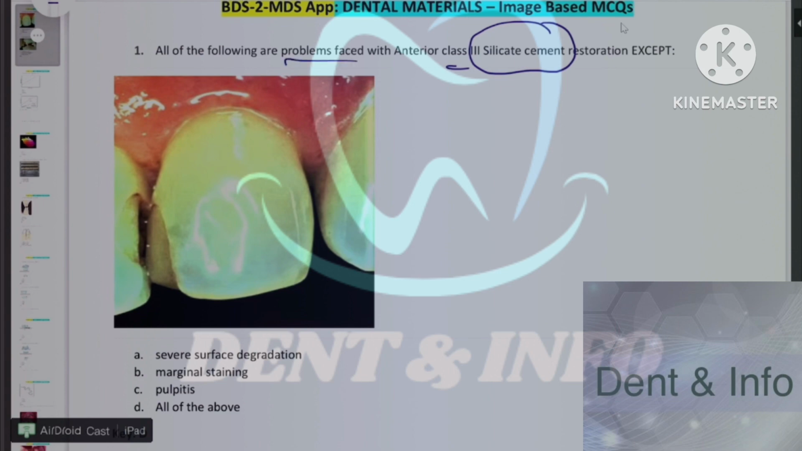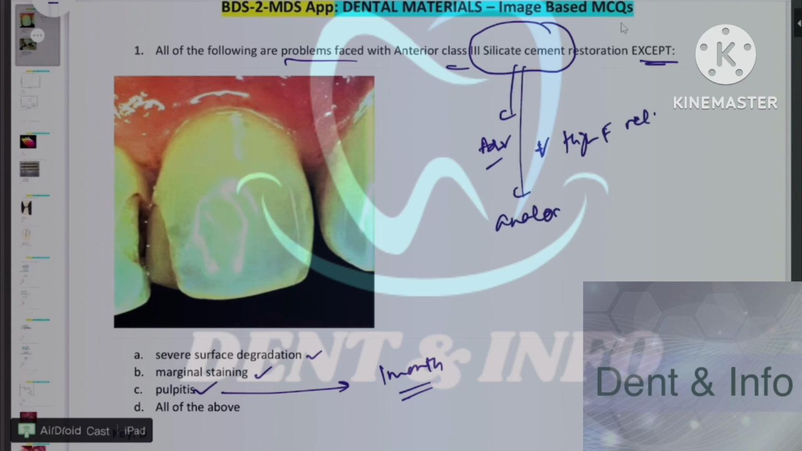Problems faced, except: silicate will have severe surface degradation for sure, marginal staining, it is not a very stable material, it causes pulpitis, pulpal irritation for 1 month. Advantage of silicate: very high fluoride release. It was analogous to APF gel application. Okay, so D is the